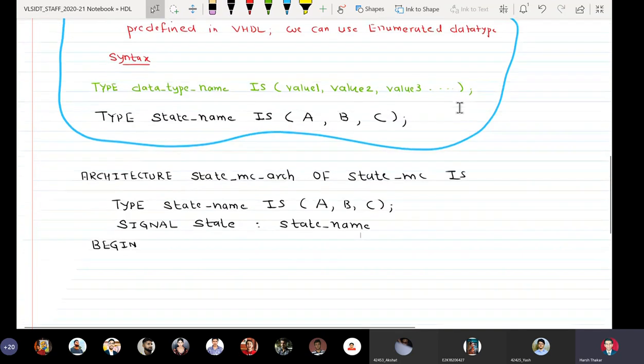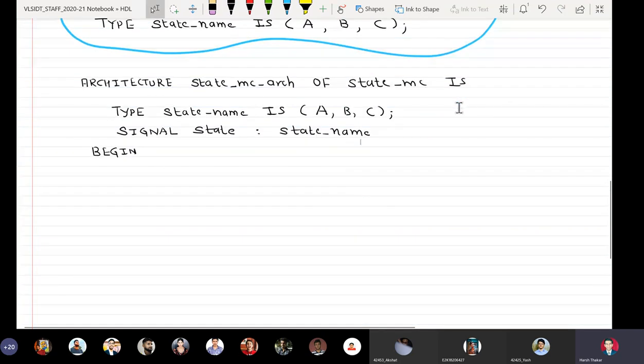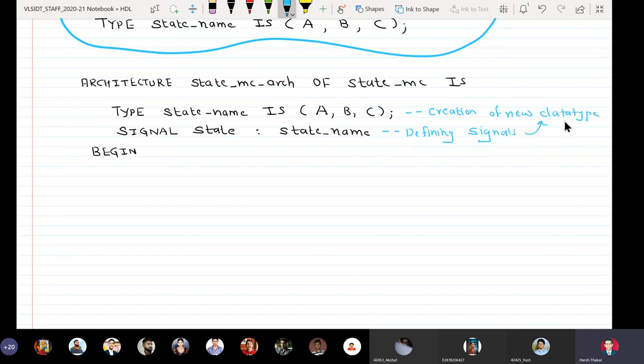So I can write down here creation of new data type, and here defining signals of new data type.